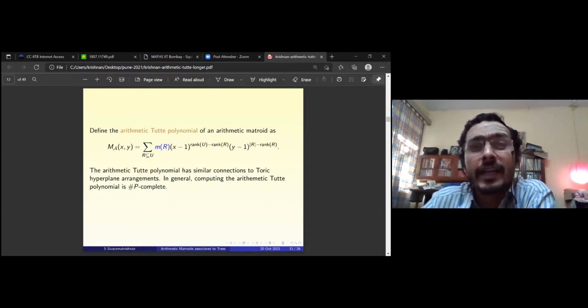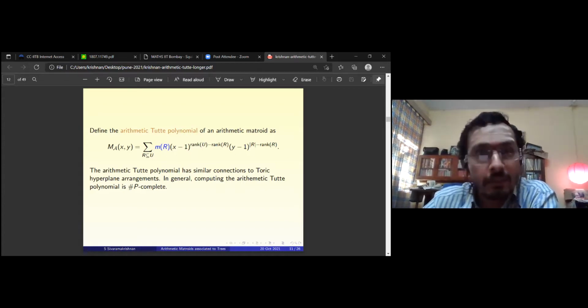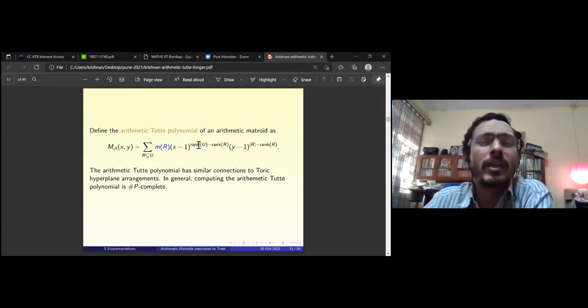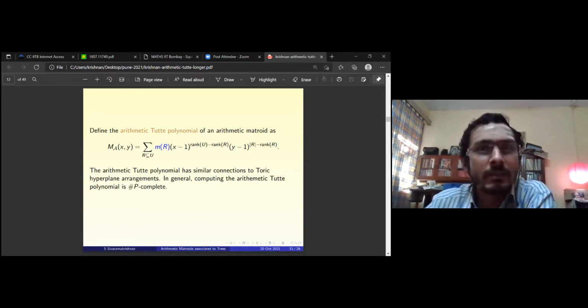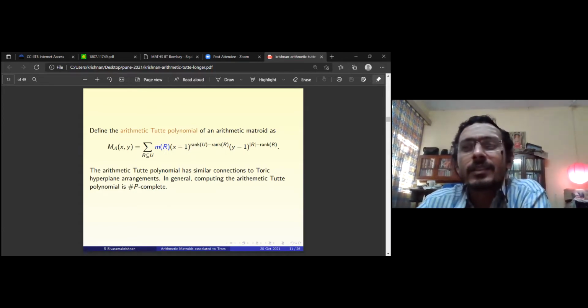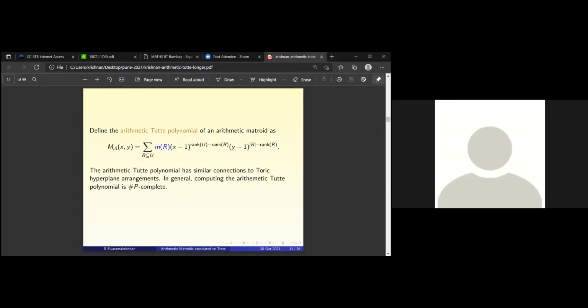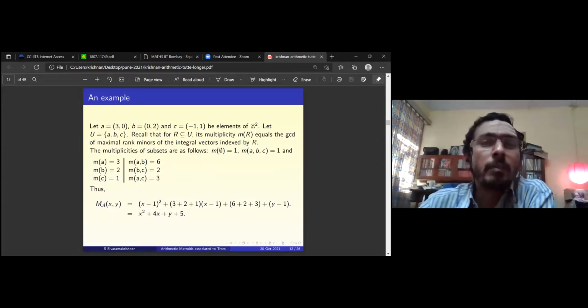It's not the generating function in that sense. For a generating function, I would have said x power something, y power something. That is a good generating function. Here it turns out to be (x minus 1) power something, (y minus 1) power something. Is it okay? Maybe the answer is not that satisfactory. Okay. Yeah. All right.